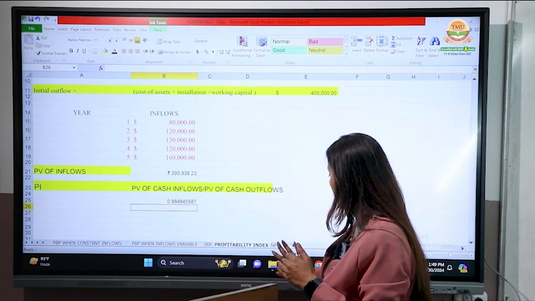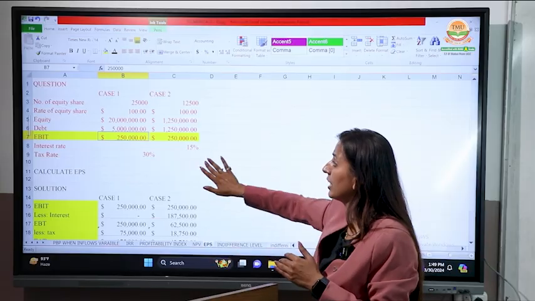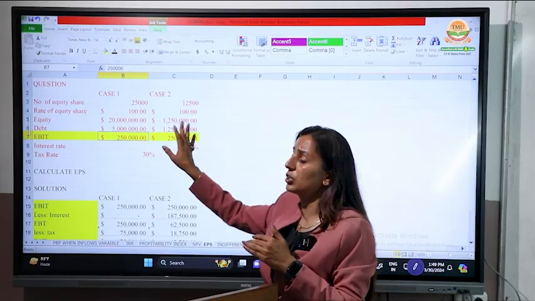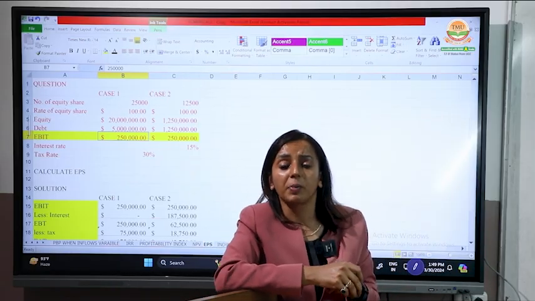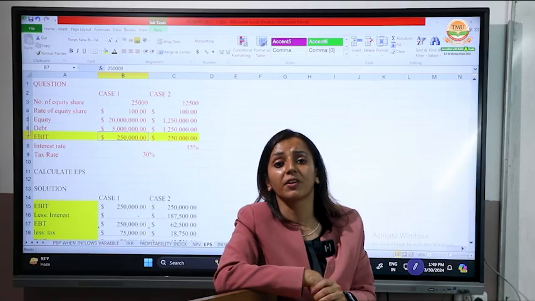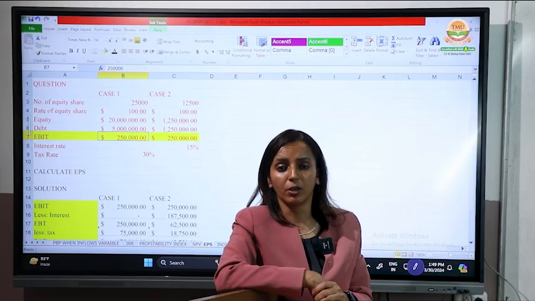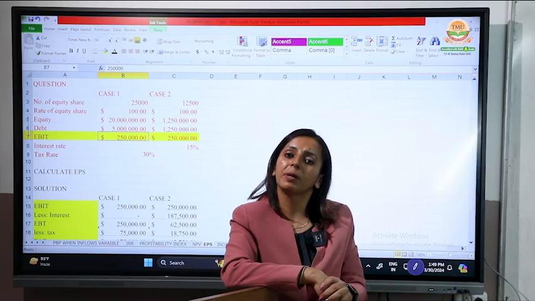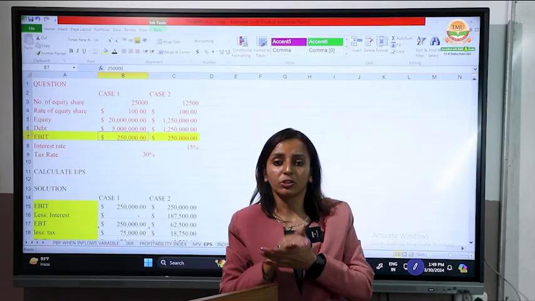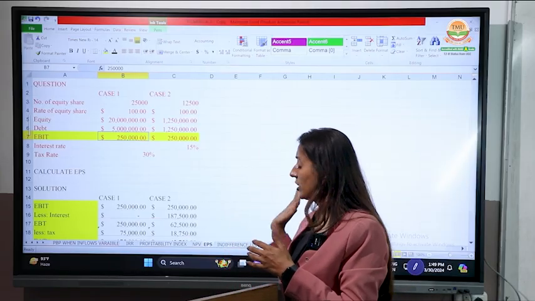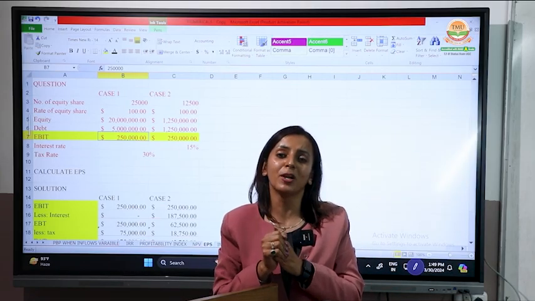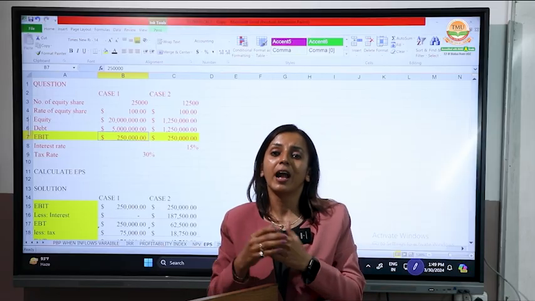And the last topic of today's session was calculating the earning per share of the company, the EPS available to the shareholder. Hope it is easy for you and you are able to understand it. With this, I will stop this session and we will proceed further with different practical examples of financial management and with the help of